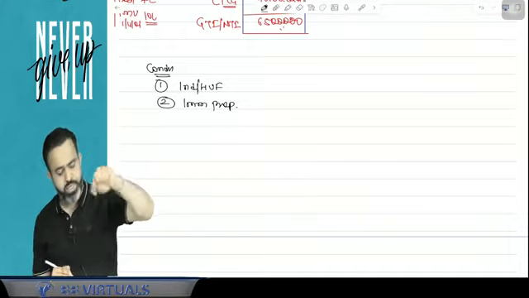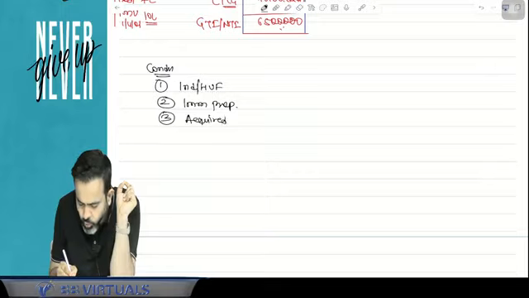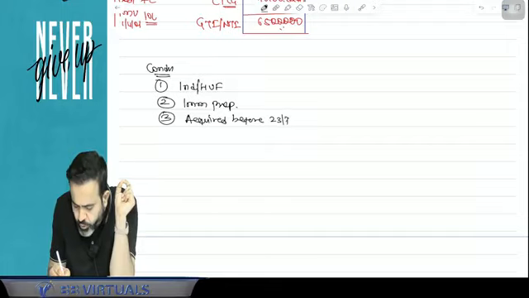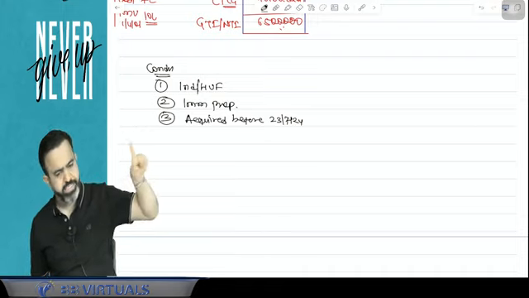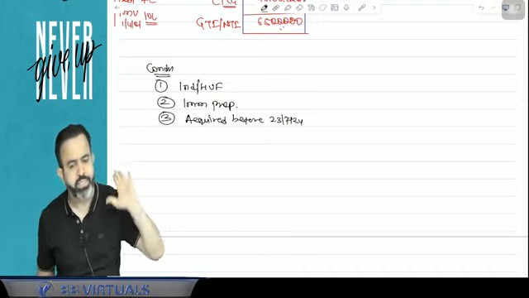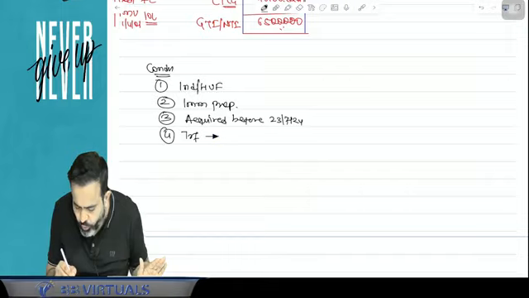Third condition, that immovable property was acquired before 23rd of July 2024. And he is transferring this asset on or after